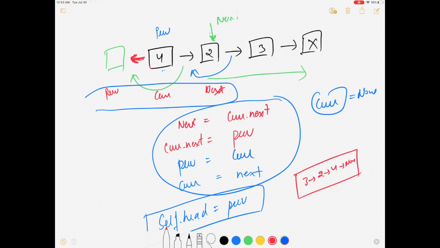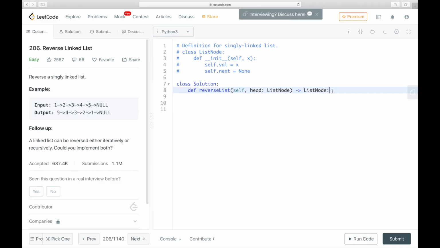So let's dive into the code. So let's write the code. As we said, set previous as none, current as head, and next as none for now. While current is not none, we are going to put next as next of current,